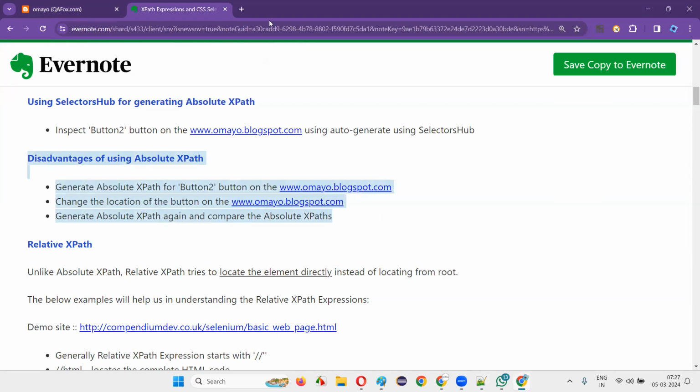Tell me. You can now tell me the solution. What is the solution for this? If the absolute XPath expression disadvantage I showed you, then what is the solution for that? Relative XPath. Yes, you are right, guys. The relative XPath expression is the solution for that. Now we are going to learn that